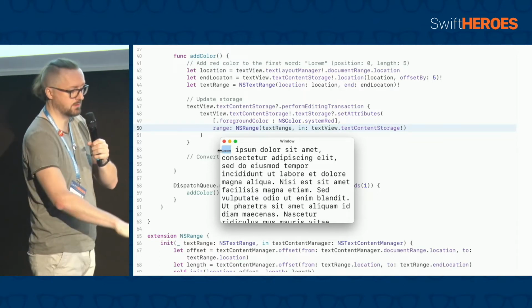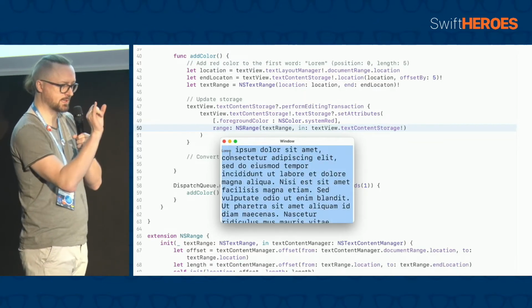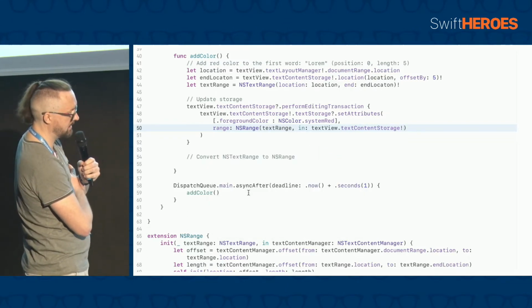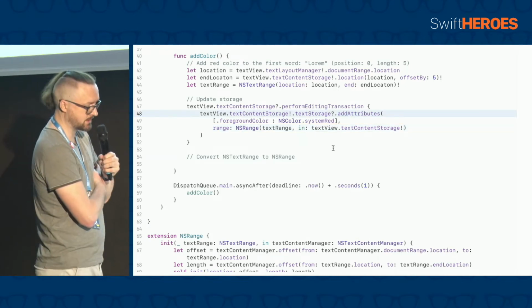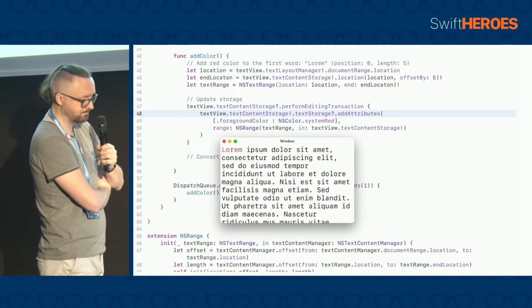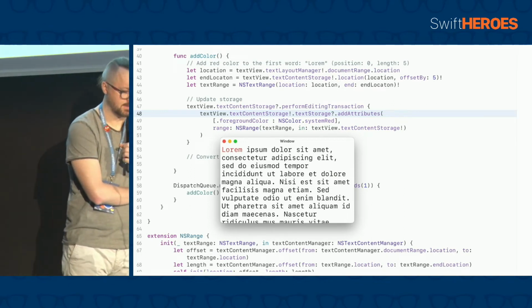Yeah, that's fine because I use setAttributes, so it resets the font. I will change that to addAttributes, so you will see that this is the expected output. The first word, lorem, is red. Yep, that's fine. So this is great, but